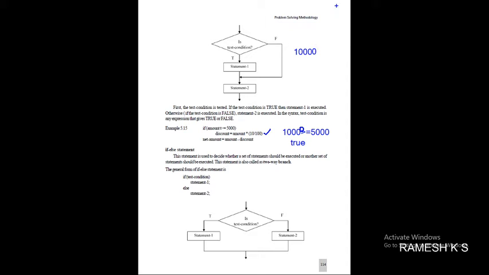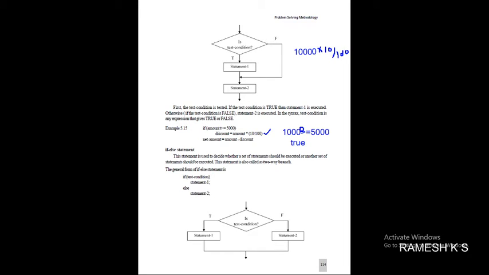So 10,000 is substituted here. The asterisk symbol indicates the multiplication operator. 10,000 into 10 by 100.